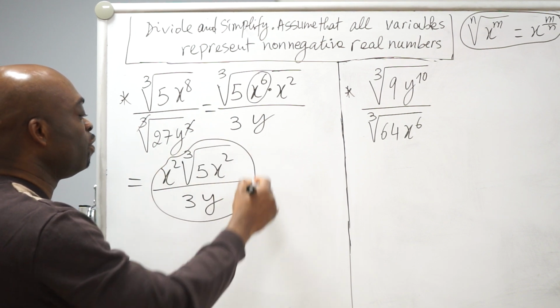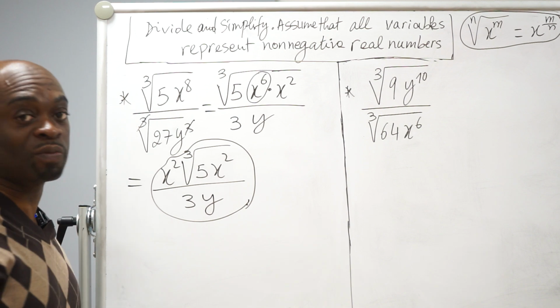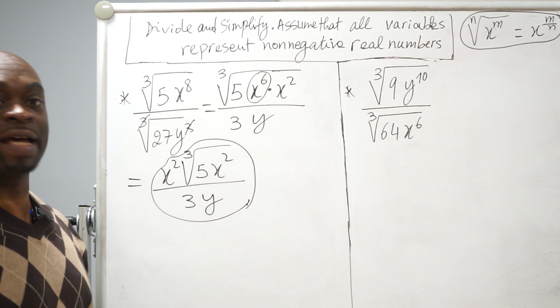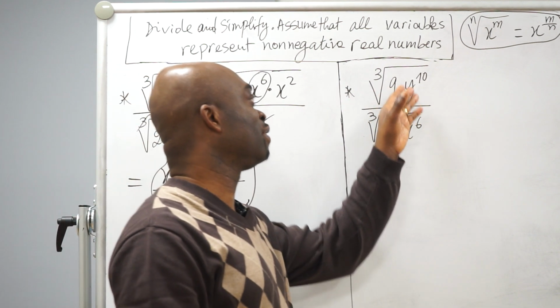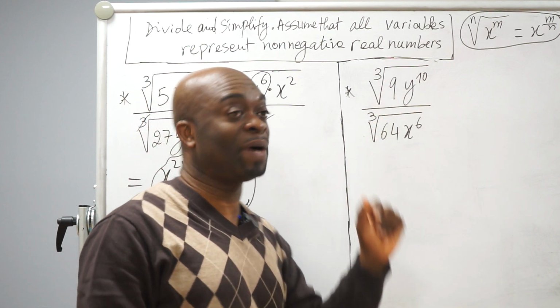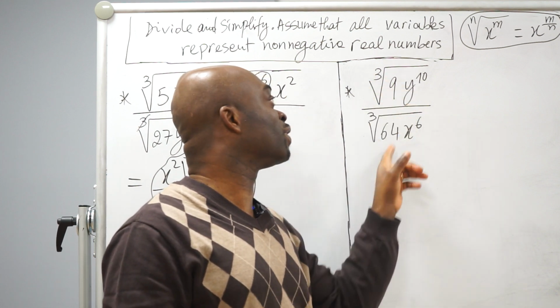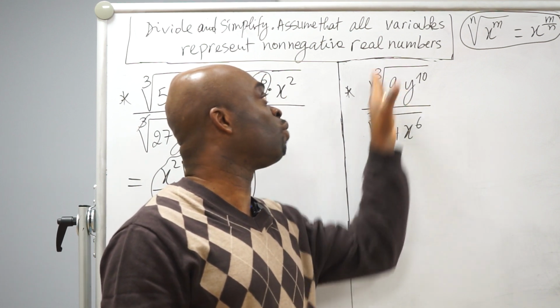And then we keep moving. All right? So this is our final answer when it comes to this problem here. Now let's go to the second one. So we have cube root of 9y to the 10th over cube root of 64x to the power 6. So the same temptation will come, which is, should I put the top and the bottom under one radical